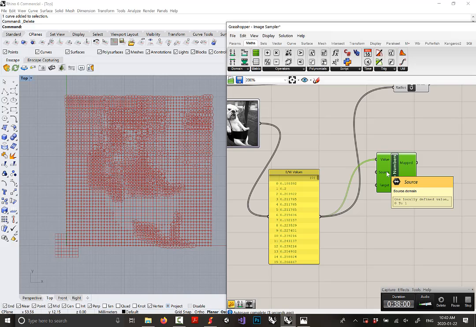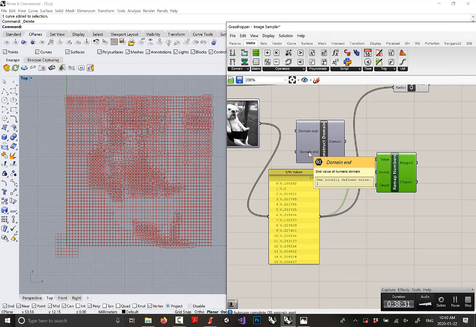So the second input is source domain. By default, the source domain is 0 to 1. That makes it easy for us here, because essentially what that means is that we can just leave this blank. What you might want to do if, let's say, you have a slightly different list of numbers, like let's say our numbers go from 0 to 10, you could do two things. You could either use the construct domain component and define 0 to 10, or